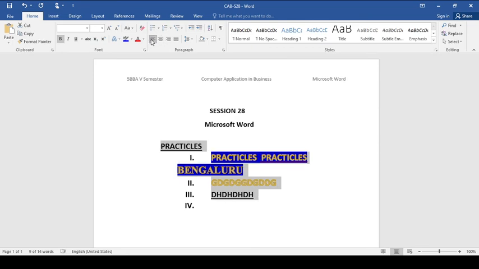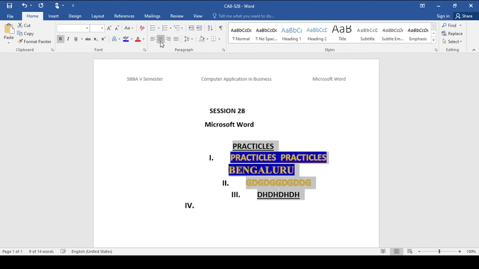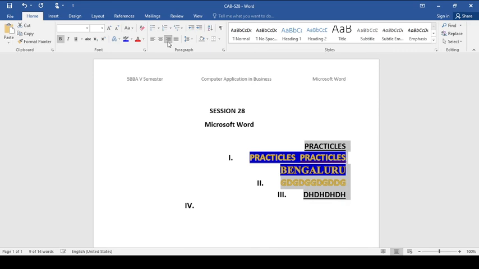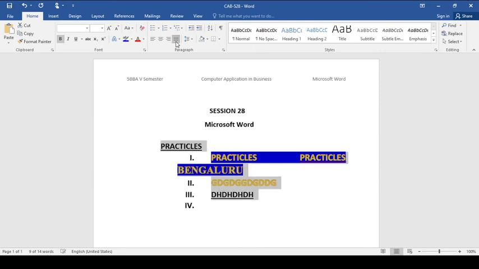If you go for center, it is Control E. If you go for right side alignment, you get right, or if you want justified alignment, you can do Control J so that it is justified.